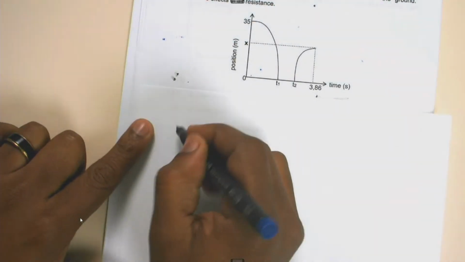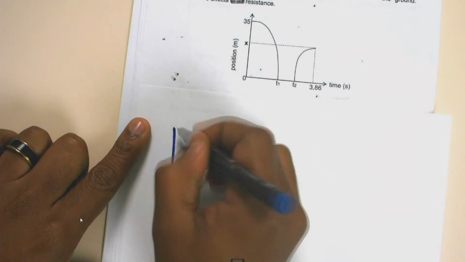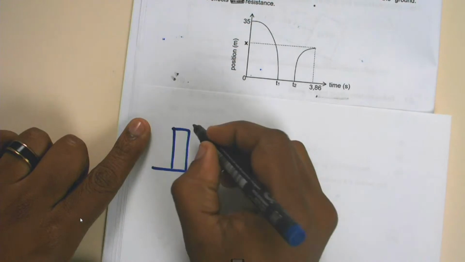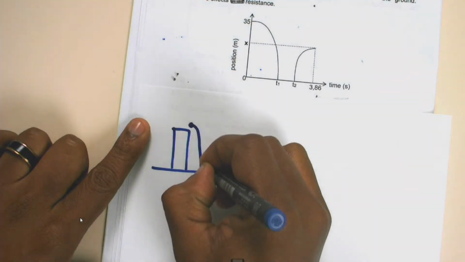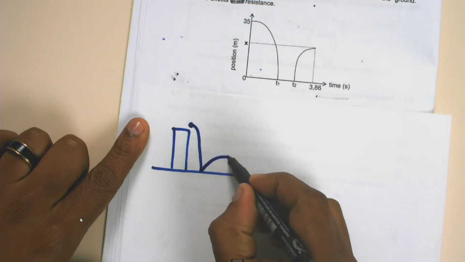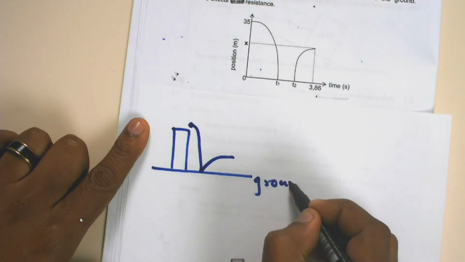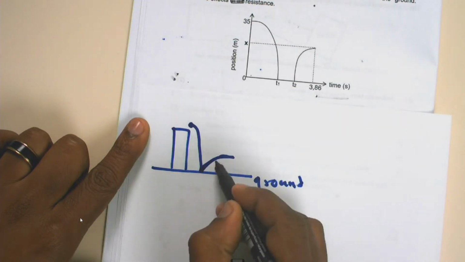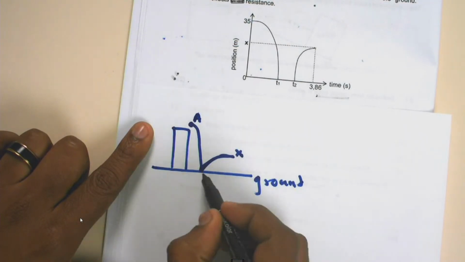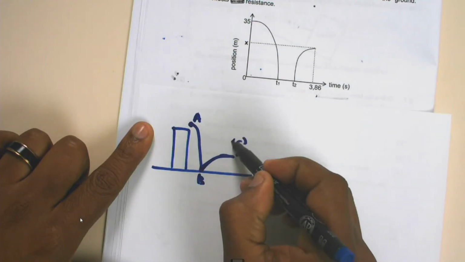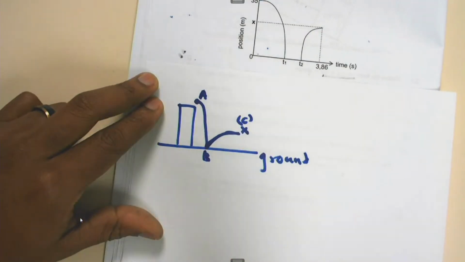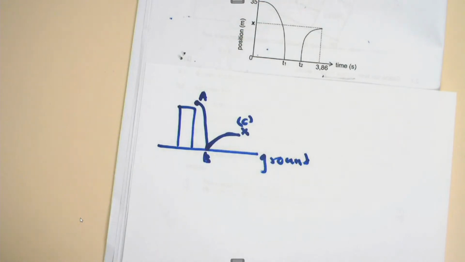So I'm going to try and say, if this is the roof or the height of the building and that is my ground, I know that this particular ball was thrown vertically down and then it hits the ground and then bounced to a certain height x. So can I say I have A, B, and C there at x? Of course I can. So it allows me now to understand fully what it is that I am working with.